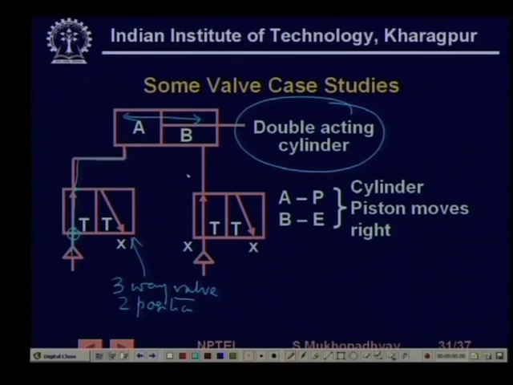So, depending on the positions of these valves, if they are in the position shown, then this side is also pressurized and this side is also pressurized. So, the valve is locked, right. On the other hand, if you connect this end to this position and this end, if you connect to this position,